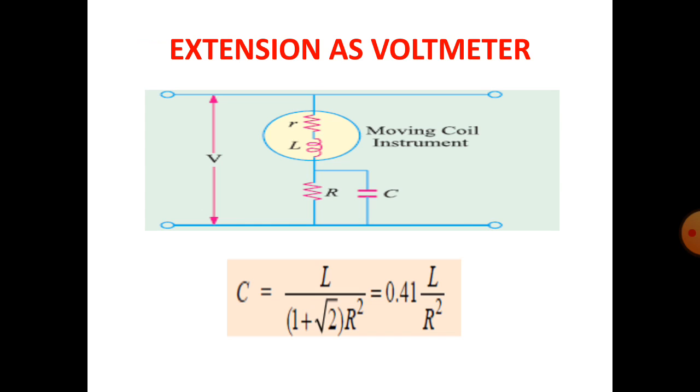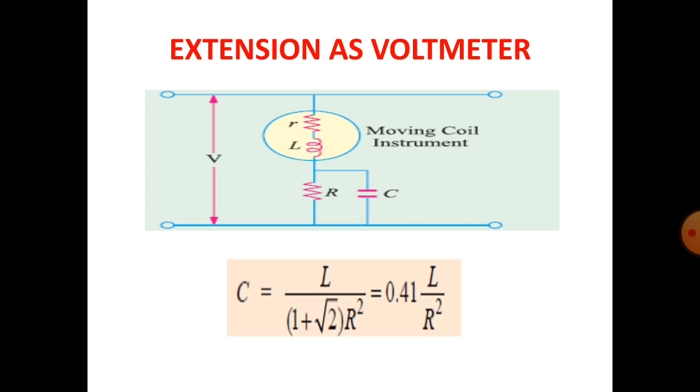The basic dynamometer type instrument employs fixed coil resistance and fixed coil inductance. That is, together the fixed coil impedance is represented as Zm equal to Rm plus j XLm. This can be written as Zm equal to Rm plus j 2 pi f Lm. The value of Zm varies as the frequency f varies. Hence, the reading of the meter is different for different frequencies with the same amount of current flowing through the coil.